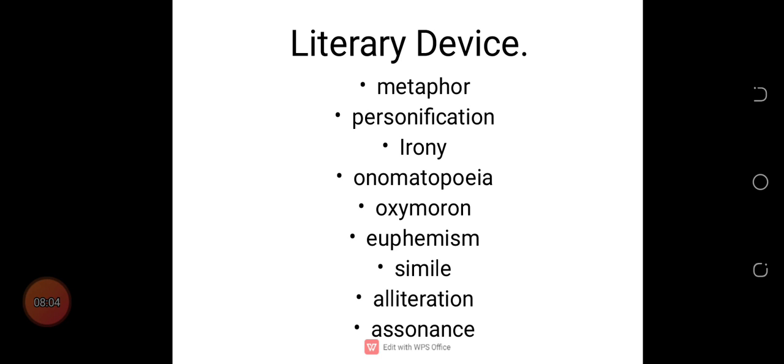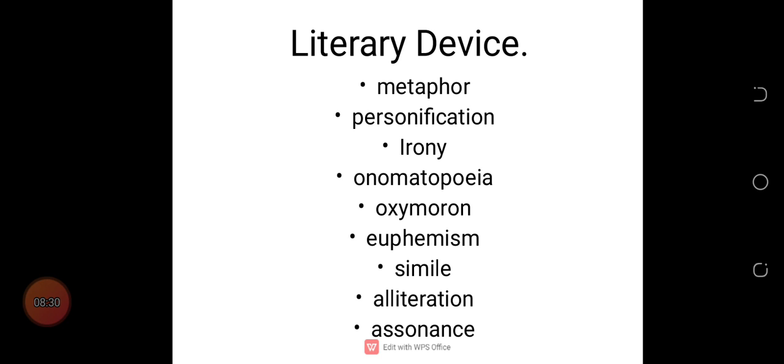Then we have euphemism, giving unpleasant things a pleasant look. Okay, you give unpleasant things a pleasant look. So, "she was carried in a wooden box." Instead of saying the person was carried in a casket or in a coffin, you give that nice look to the thing: a wooden box. Is that clear? So that is euphemism.